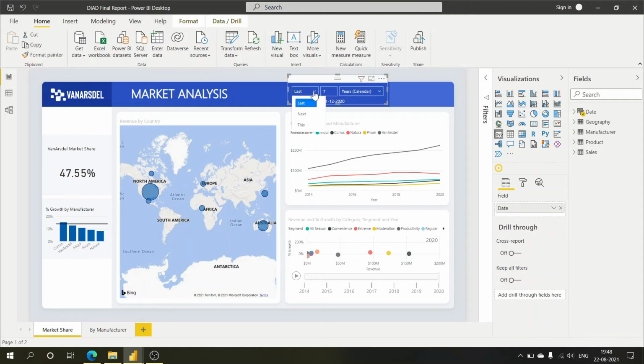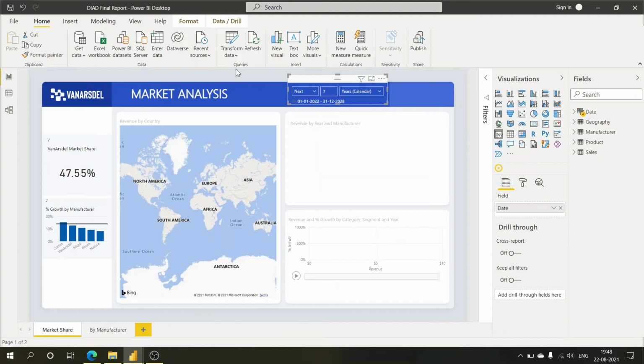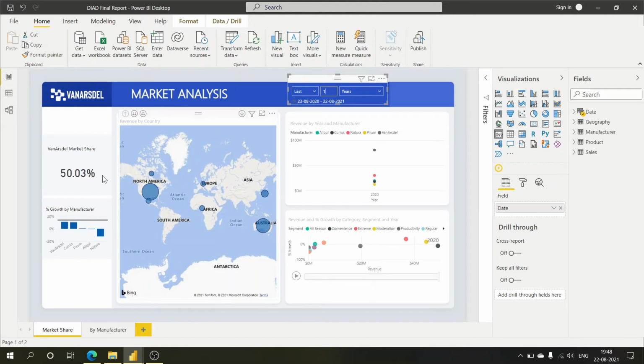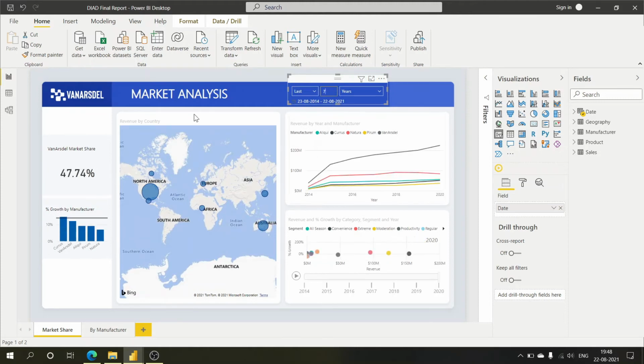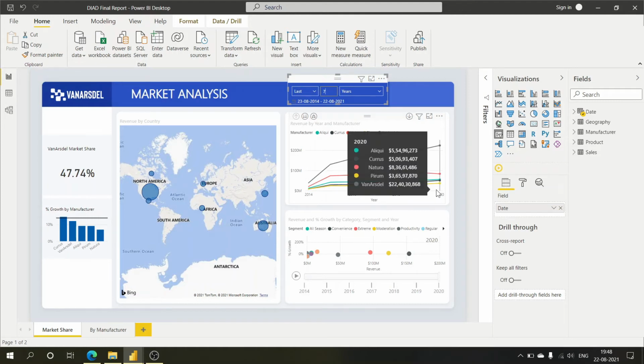And if we change it, and let's say we want to see the values for the last 1 year, we can see that here too. Now let's get it back to last 7 years, and we can see here the revenue by year and manufacturer, the gradual changes along the years of the different companies.